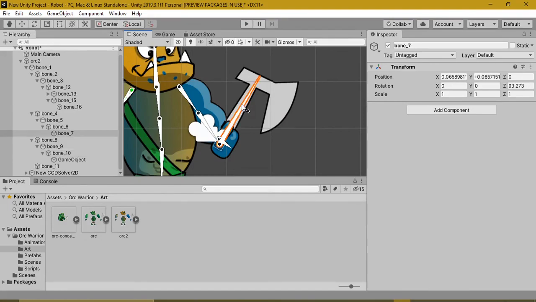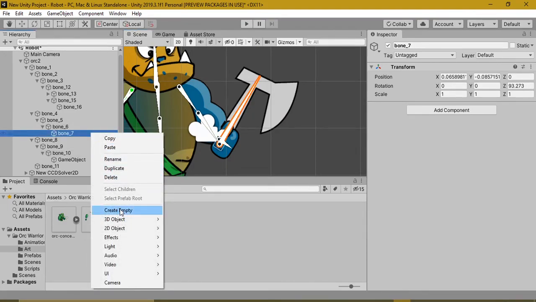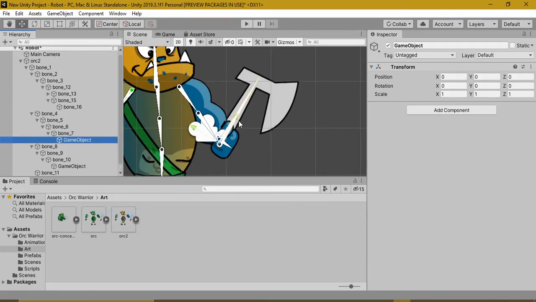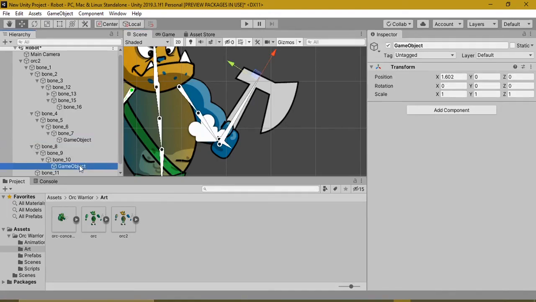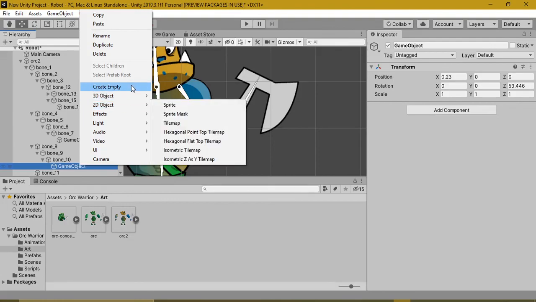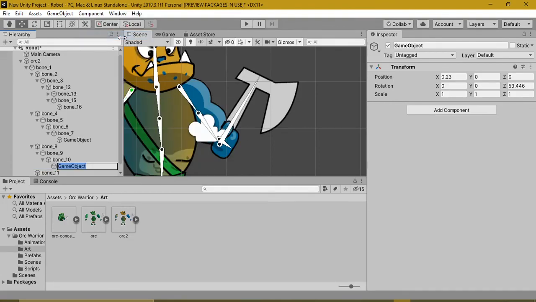I'll do the same for this also. I will make an empty game object at the end of his axe. For convenience, I'll rename it as right and left.